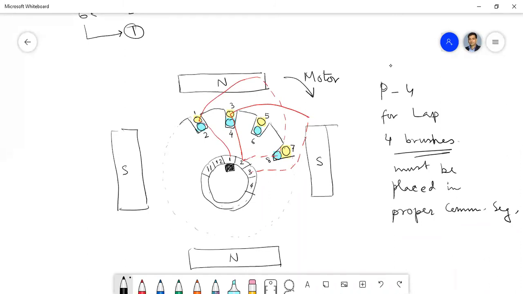Okay. Can you tell me what will be the direction of the current, whether it will be dot or cross in this winding, in these coil sides I have drawn? That means 1, 2, 3, 4 and 5, 6. In these coil sides, what will be the current direction, whether it will be dot or cross? You have to use the left hand rule for this.